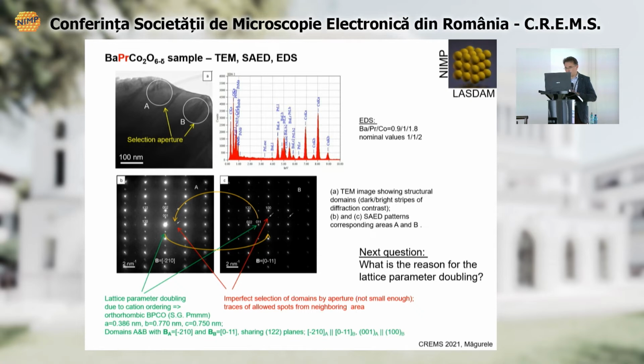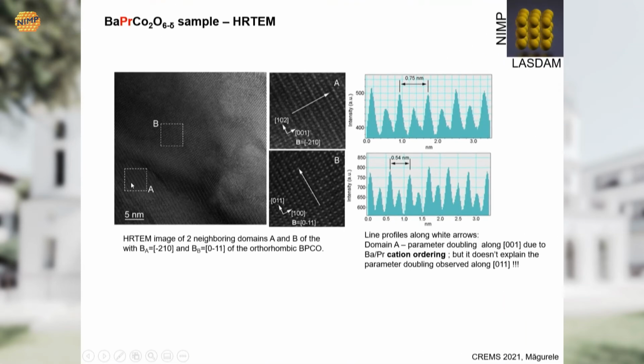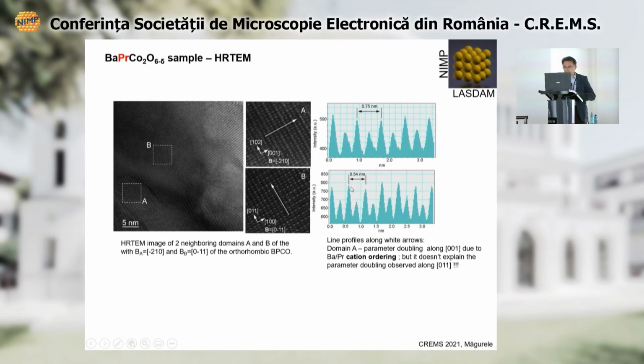Well, next question, what is the reason for the lattice parameter doubling? Again, like in the previous example. This is a high resolution image in an area containing two domains, at the interface between the two domains A and B, and these are the enlarged images of A and B. We can see that we have a lattice parameter doubling along this direction in the A area and along this direction in the B area. Here are the line profiles along the two indicated directions, showing that we have indeed 7.5 angstrom along a, which is the double of a perovskite cell, and here we measure 5.4 angstrom. But also we notice a double